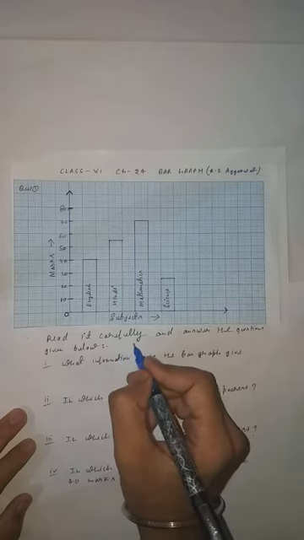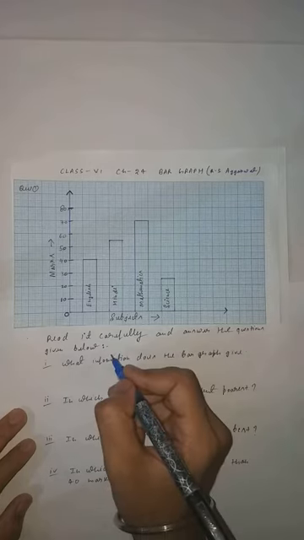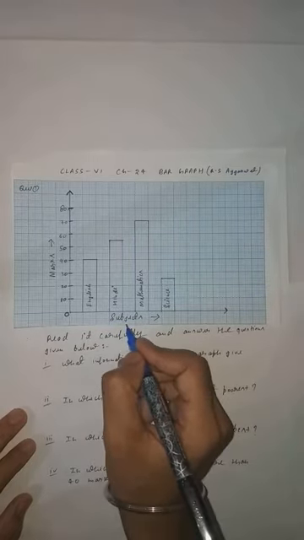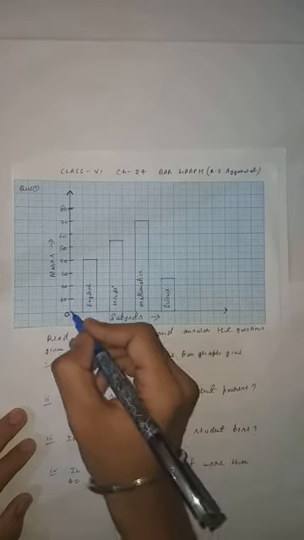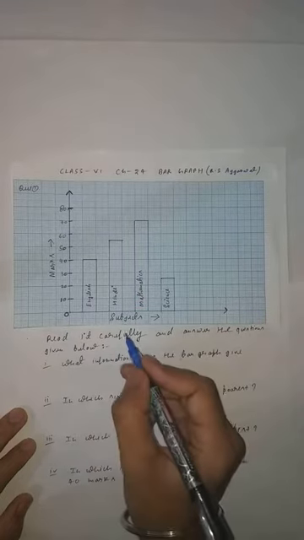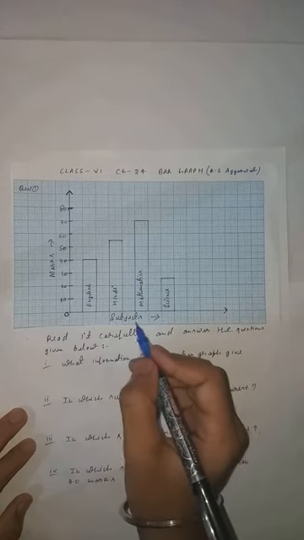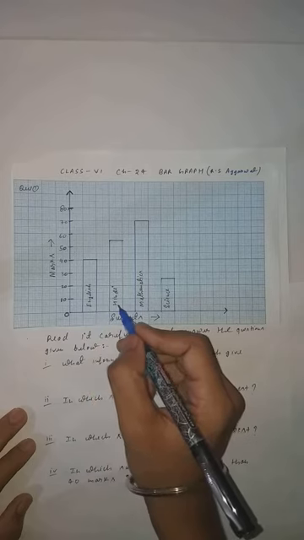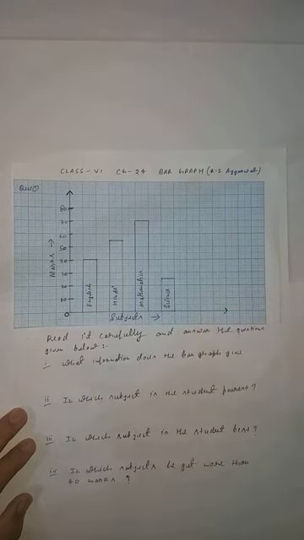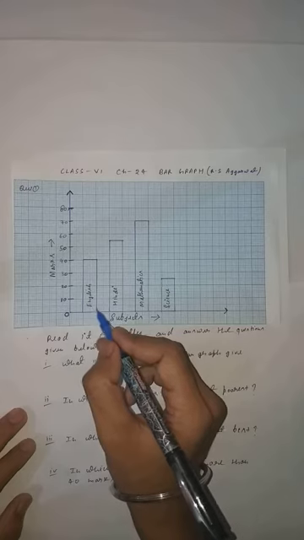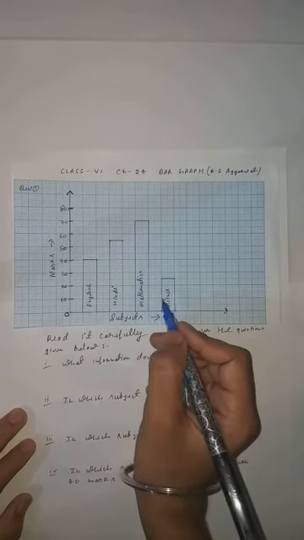What is given? Read it carefully and answer the questions given below. Okay, students? So you first have to see the question on the basis of the bar graph. First you will check what is given in the bar graph. Here you can see, as I explained in the previous video, this is your x-axis, and this is your y-axis. Clear, student? And in the x-axis what is given? This is given subject. So the subjects are English, Hindi, mathematics and science. Clear, student? So how many subjects are given? 1, 2, 3, 4. 4 subjects are given.